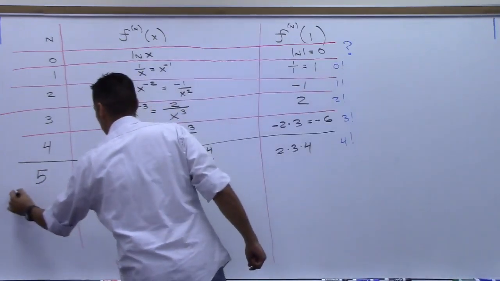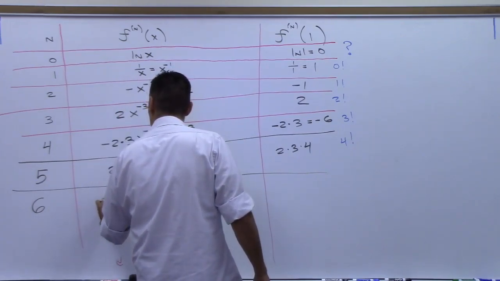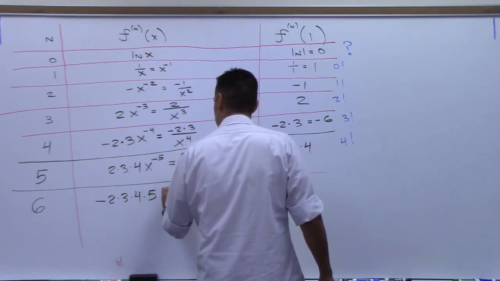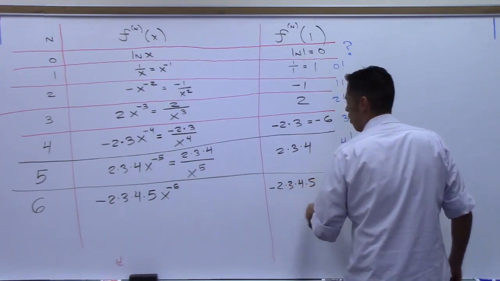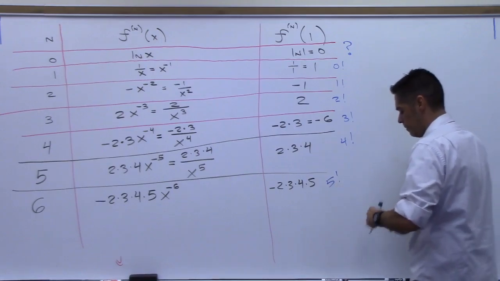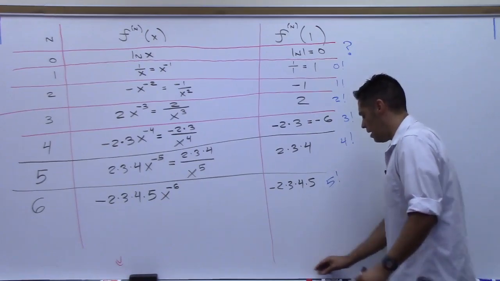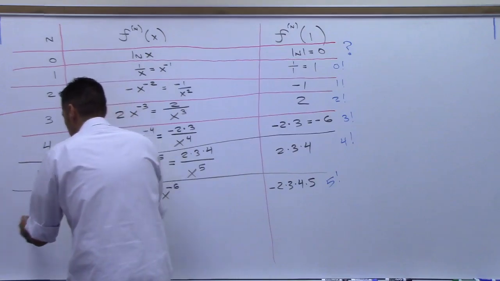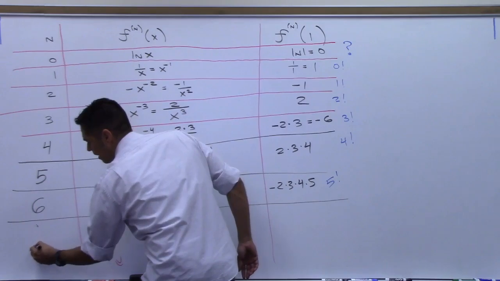Okay, so now I come back over here. Let me do one more. I think one more should be enough. 6, so we should get negative 2 times 3 times 4 times 5, x to the negative 6, and that should give me negative 2 times 3 times 4 times 5 over 1, so this should be a 5 factorial. So the question becomes, if I were to plug in over here, there's more to this table, right? But if I got down to the nth one,